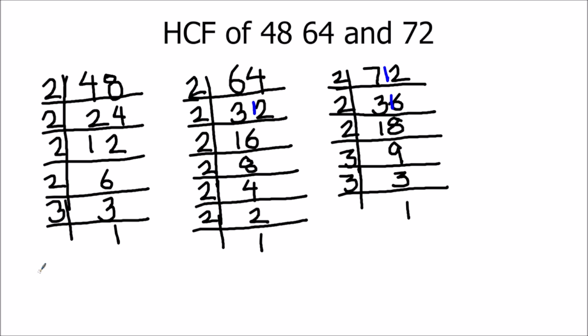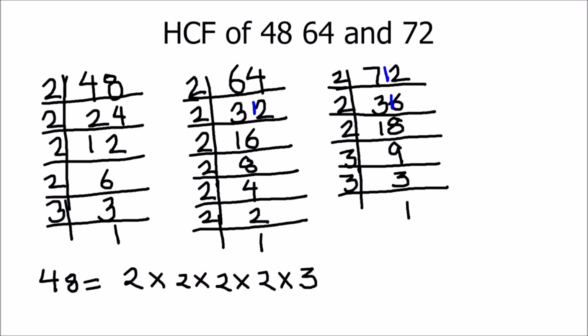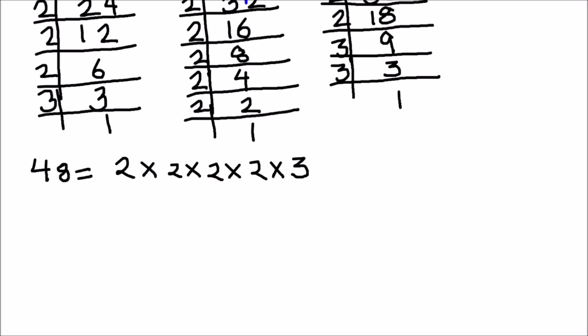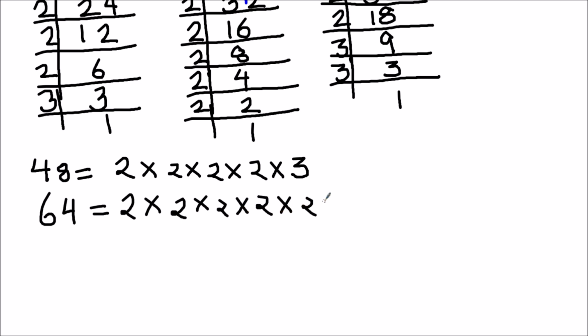Let us write the factors of these numbers to find the HCF. So first we'll write the factors of 48. 48 equals 2 times 2 times 2 times 2 times 3. Now we'll write the factors of 64. Factors of 64 are 2 times 2 times 2 times 2 times 2 times 2. And next we are going to write the factors of 72, which is 2 times 2 times 2 times 3